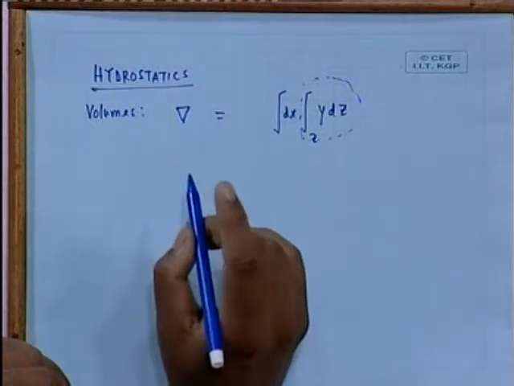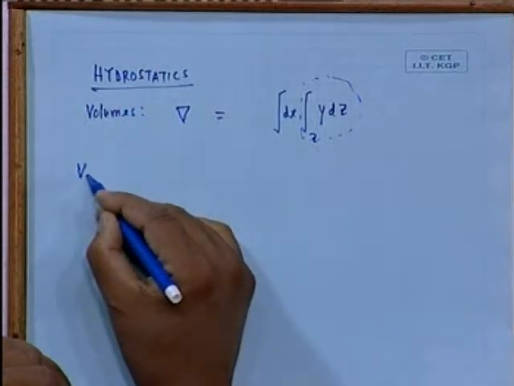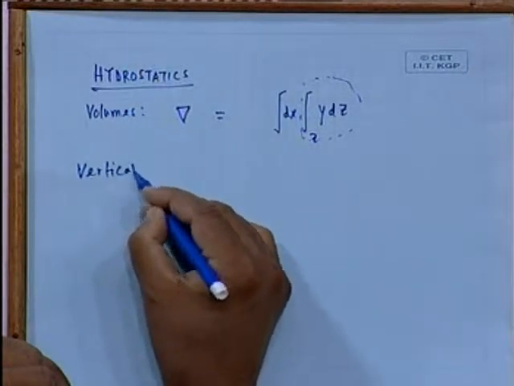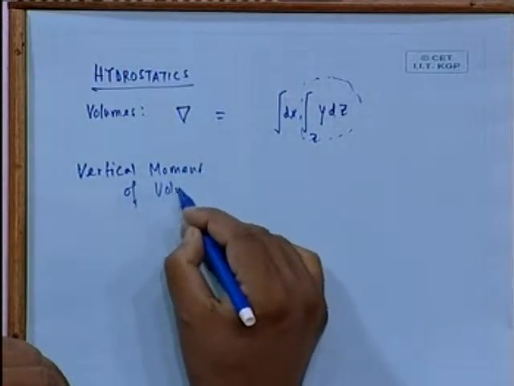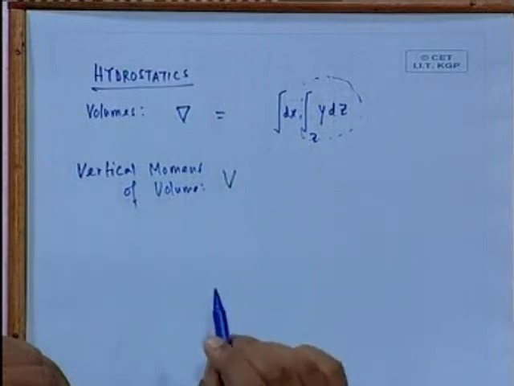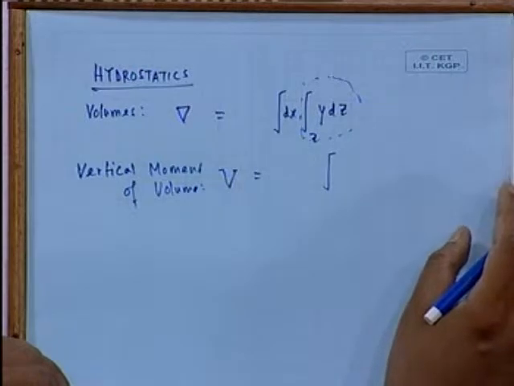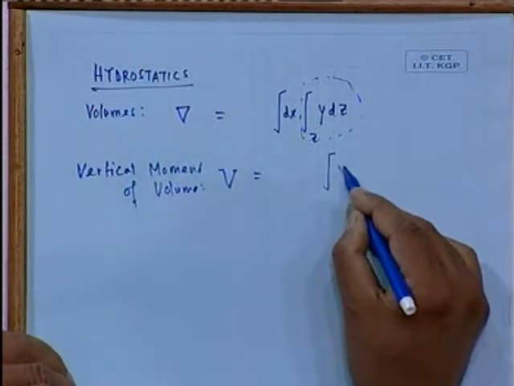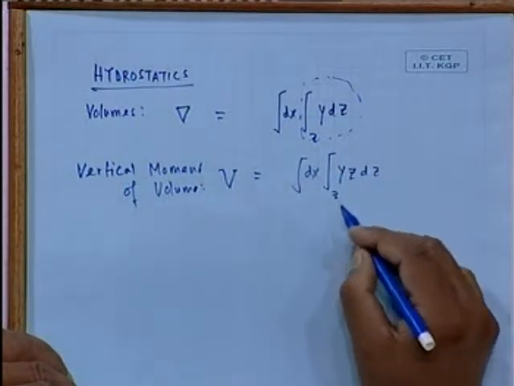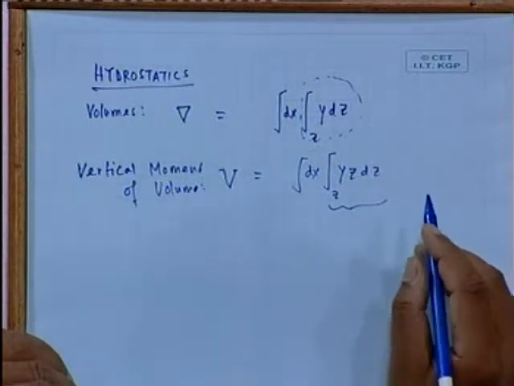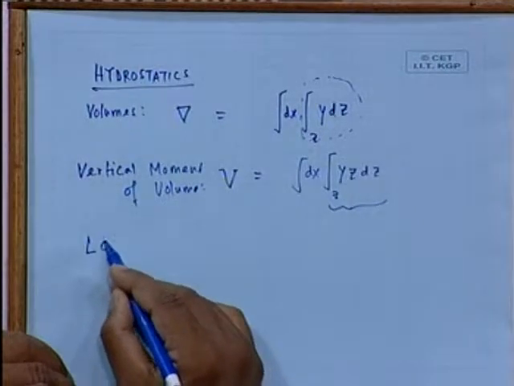Now the vertical moment of volume, let me call it V, okay, just for the sake of this. This is given by the vertical moment of the sections that I have done already, that is y z dz over z, integrated over dx. This is also coming from buoyancy. This too is over. Then I have got longitudinal